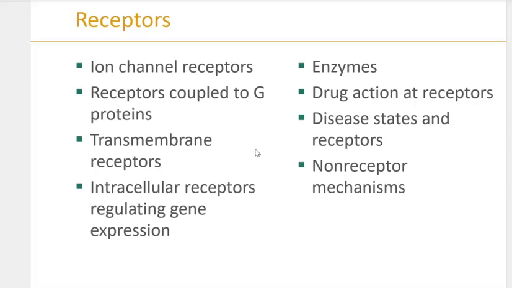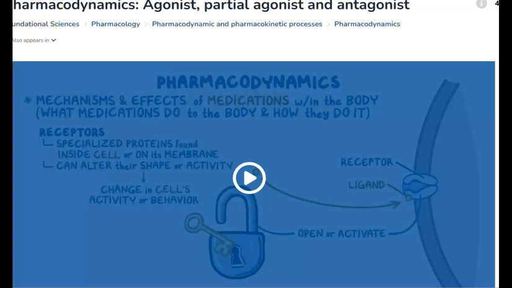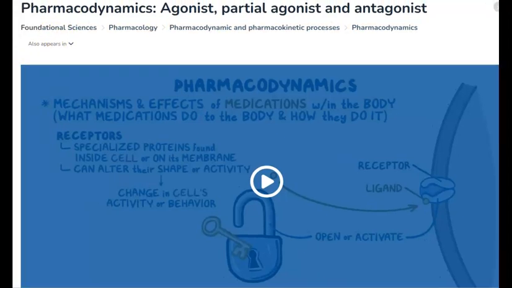Next, they talked about the drug action at receptors. So this is another important thing we're going to stop and make sure that we talk a lot about, because I want you to make sure you understand this, because it can be very confusing for people because the terminology really can mess people up. So let's go back to Osmosis and watch pharmacodynamics, and they help us understand the different action at the receptors, whether it's an agonist, a partial agonist, or an antagonist. So let's watch.